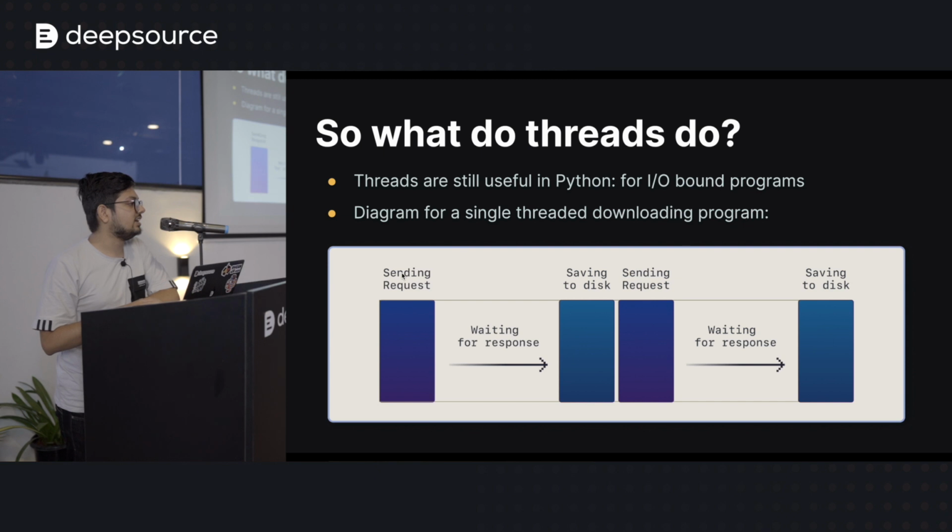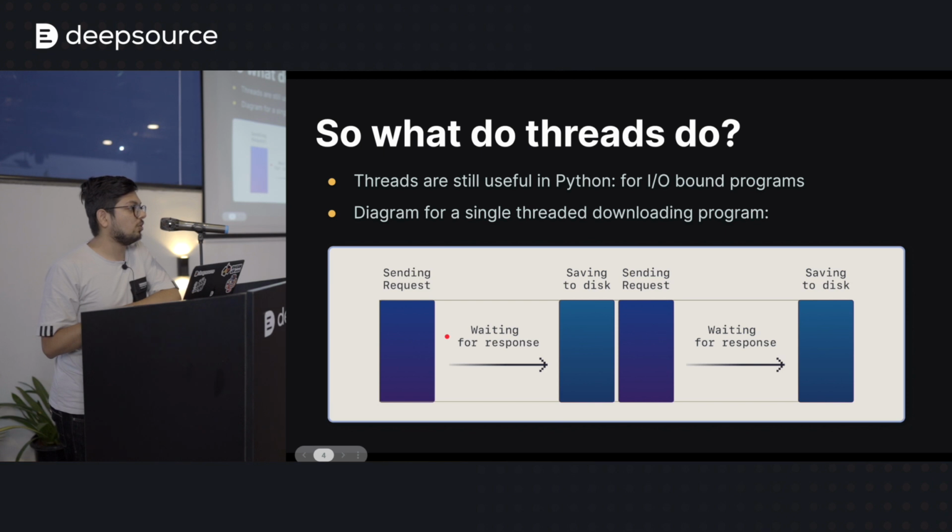So say that you were doing that without spawning any threads. The problem here will be that waiting for every single network packet to arrive, the process will kind of be sleeping. It will be doing nothing. Say that this first part of sending a request takes say 100 microseconds, and then the thread sleeps for 800 microseconds, and then saving to disk also takes 100 microseconds. So for one packet we took 1 millisecond of time, but 80% of that was just wasted, right?